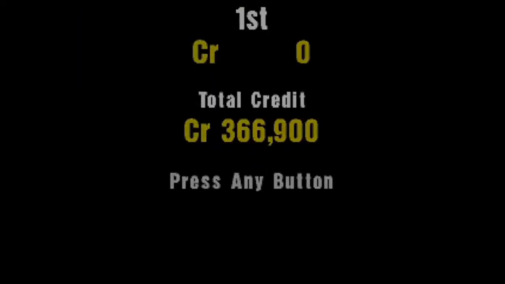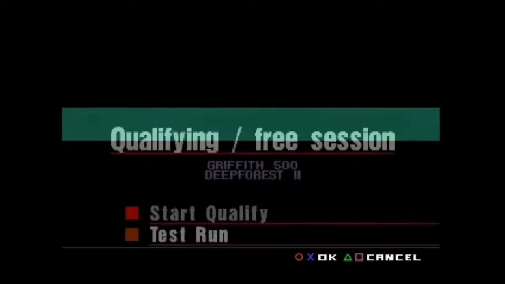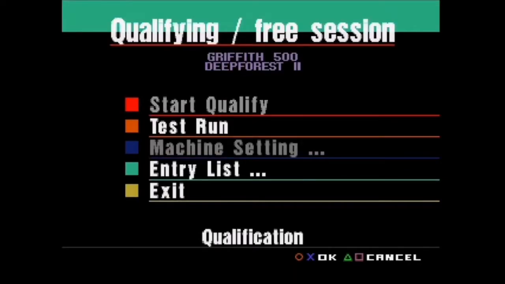And I'm assuming the main reason for that is because I must be getting a tow from the AI or something in order for that to happen, because it's probably when I'm making most of the overtakes that they are becoming my fastest laps. But anyways,